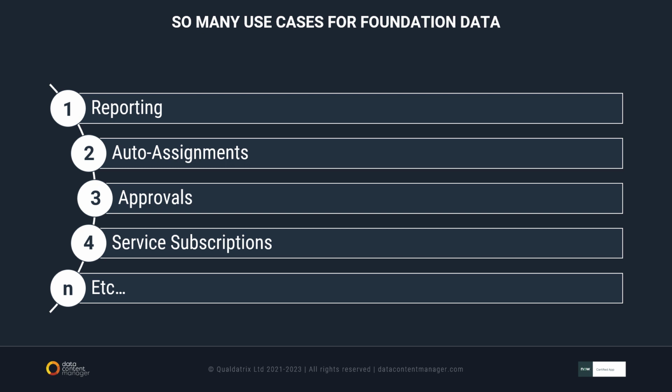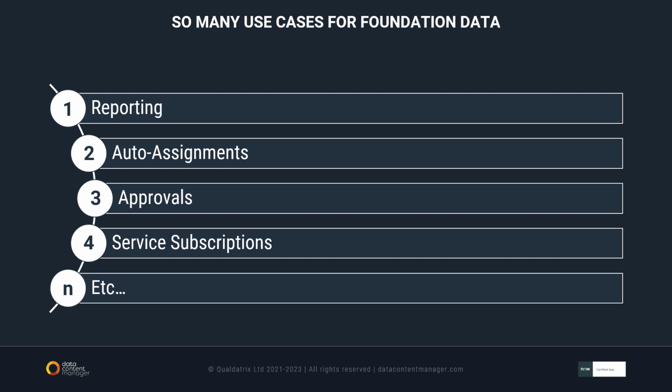Indeed, yes. And the same applies to auto assignments. You can't really do that without proper foundation data. And what I mean by auto assignments here is that if you have an incident, for example, you relate that to a service or a configuration item, you probably get the assignment group through the service or CI. So you can use that to assign the ticket to a correct group. Or maybe you have some on-site support requests and you want to assign those to the local on-site support group. So you need to know the location of the requester.